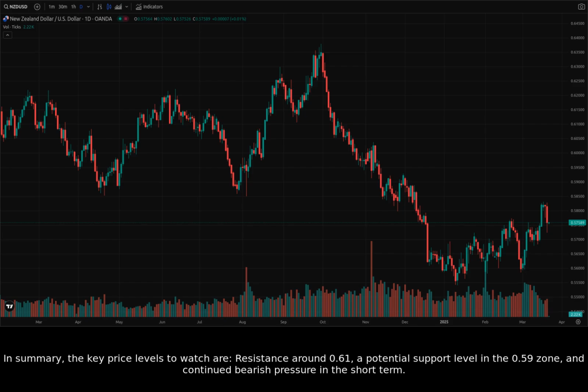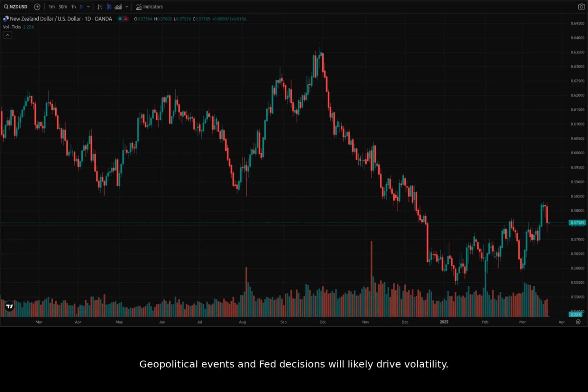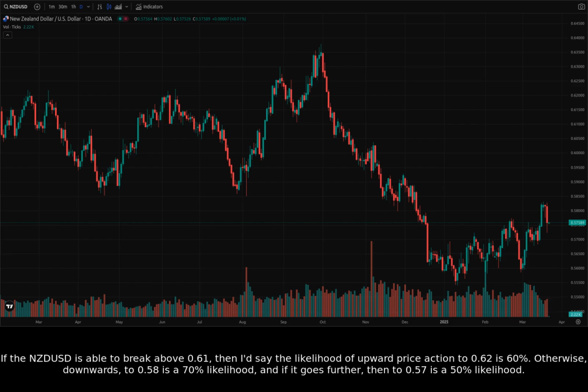In summary, the key price levels to watch are resistance around 0.61, a potential support level in the 0.59 zone, and continued bearish pressure in the short term. Geopolitical events and Fed decisions will likely drive volatility. If the NZDUSD is able to break above 0.61, then I'd say the likelihood of upward price action to 0.62 is 60%. Otherwise, downwards to 0.58 is a 70% likelihood, and if it goes further, then to 0.57 is a